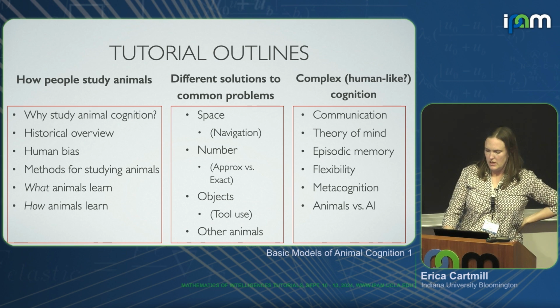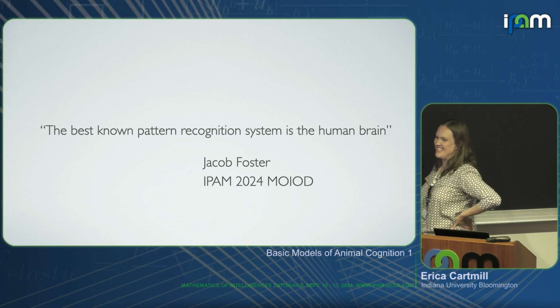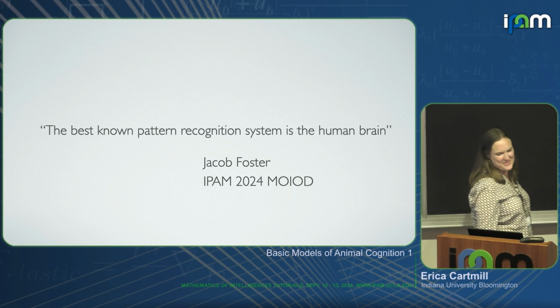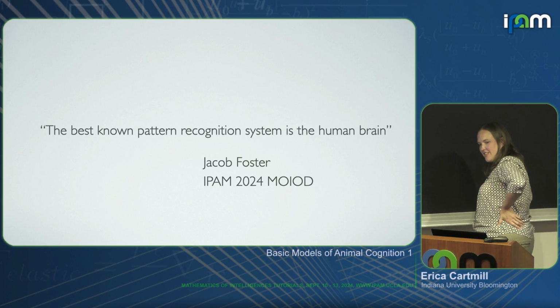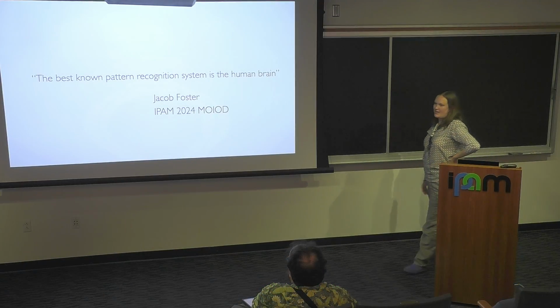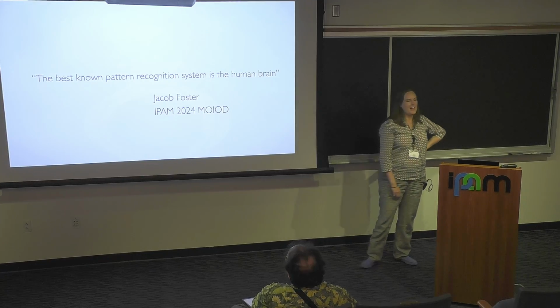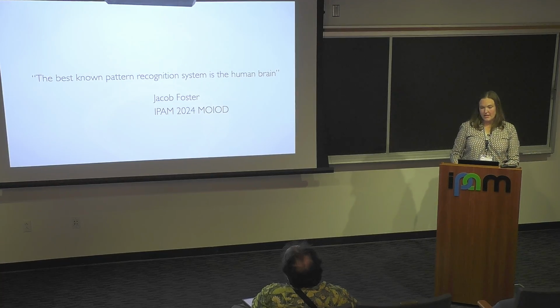Okay, so I'd like to come back to, sorry, Jacob, I'd like to come back to a quote that Jacob said yesterday. It's just the best-known pattern recognition system is the human brain. I understand you were actually paraphrasing Peter Grassberger, and you already protested me putting this in, so I'm sorry. Anyway, I just would like to